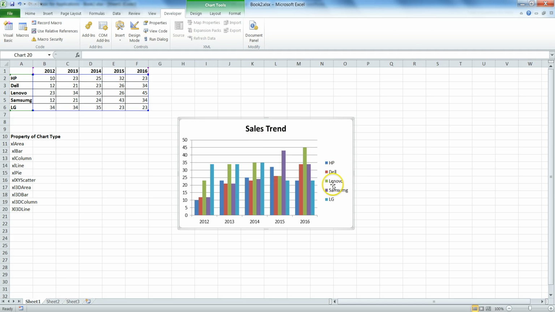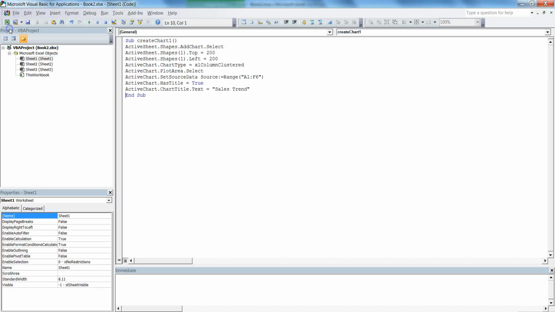Now you can see the legend. The legend is on the right side, so you can set the position of the legend either bottom, left, corner, or right, all the ways. So for that, we will go to the Visual Basic Editor, and now we will set the legend's position. For setting a legend position, we will use the code ActiveChart.Legend.Position